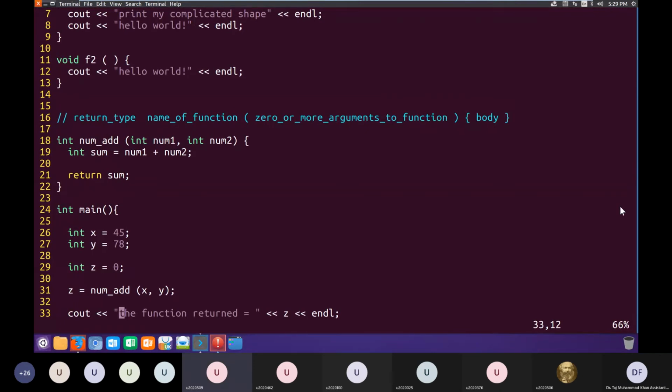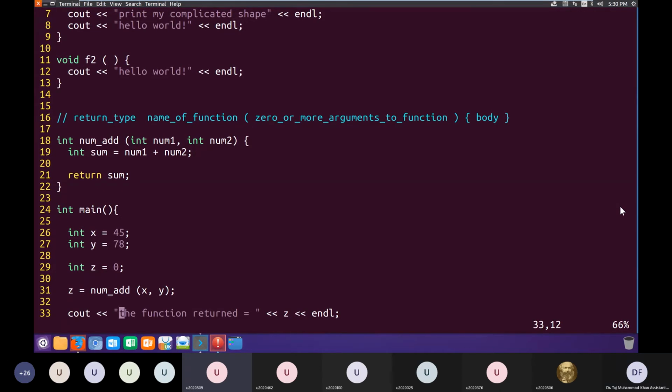Sir, in case we want to take values from the user, and we write in the function which we have declared int num, at the time of declaration, we ask the user cout enter any value for num1, and we initialize num1 from the value which we took from the user, and after that we ask again enter any value for num2, and we initialize that value to num2 through cin.